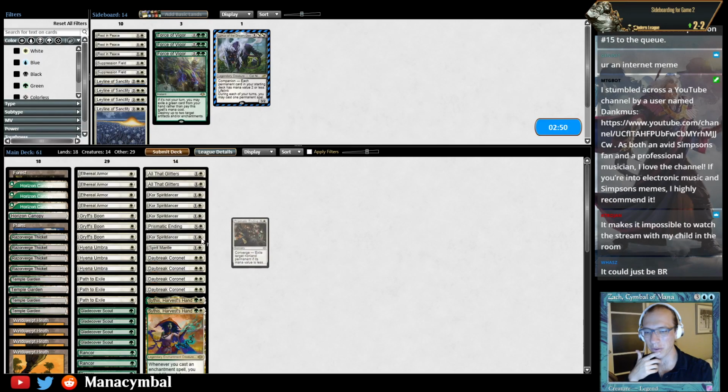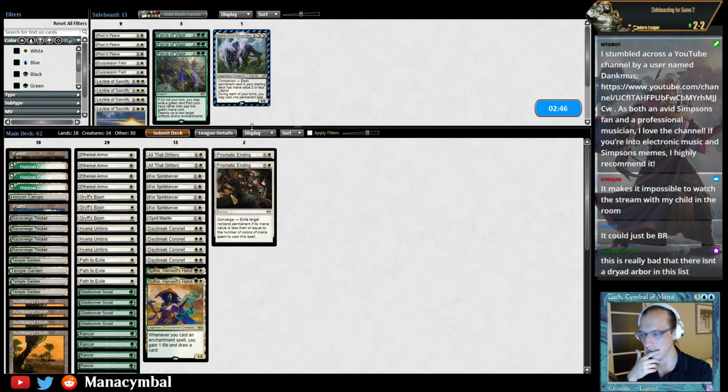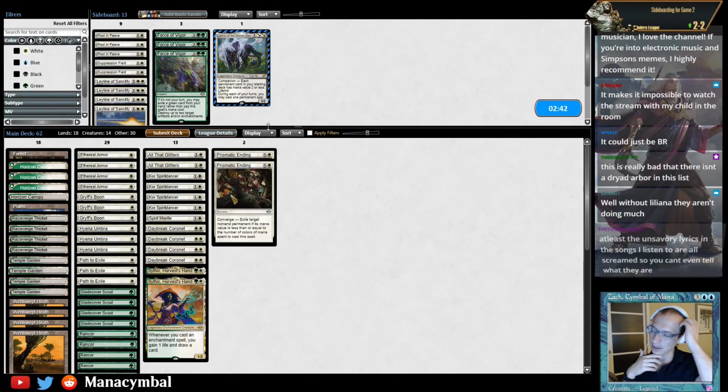As a general rule, I'm bringing in Prismatic Ending. This is really bad that there isn't a Dryad Arbor on the list. Well, they're playing Lurrus, so they're not playing Liliana. So I'm not worried about getting...